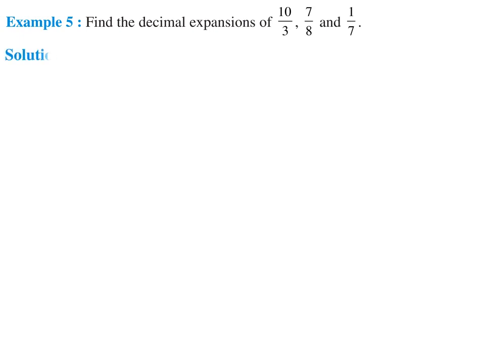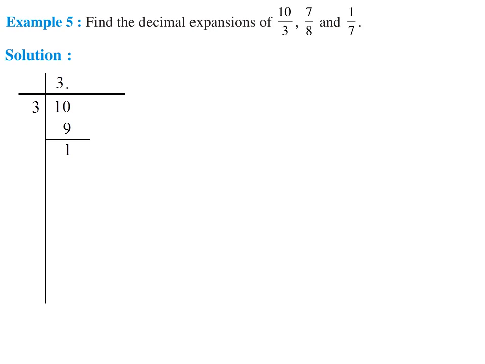For the solution, I am starting with the first number. First of all, we have to divide 10 by 3. Now first number will be 3. So 3 3s are 9. After subtraction, my remainder will be 1. Now we cannot divide 1 by 3, so we have to place a decimal point here. So we can carry forward 0 to 1. Now the number will become 10. Again we multiply by 3, so again it will become 9, and again the remainder will be 1.